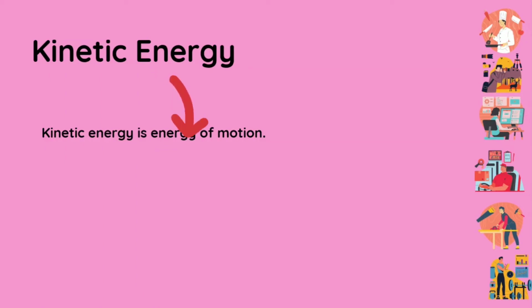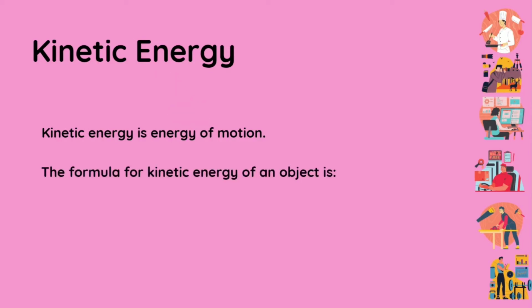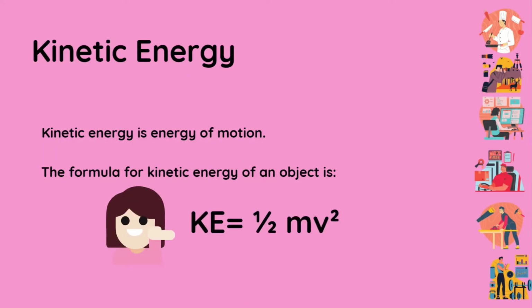Ito yung form ng energy na mayroon sa mga bagay na gumagalaw, in moving objects. The formula for kinetic energy of an object is KE, or kinetic energy, is equal to 1/2 mv squared. So tandaan natin yan, the formula of kinetic energy is KE equals 1/2 mv squared,